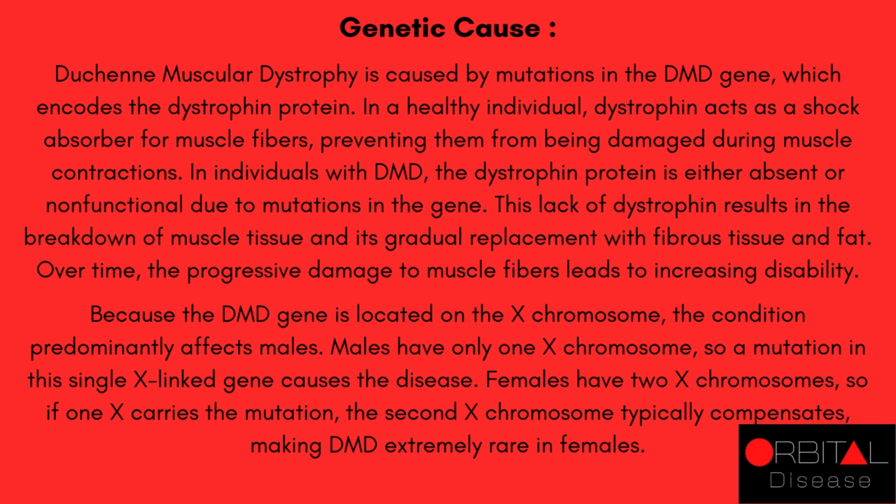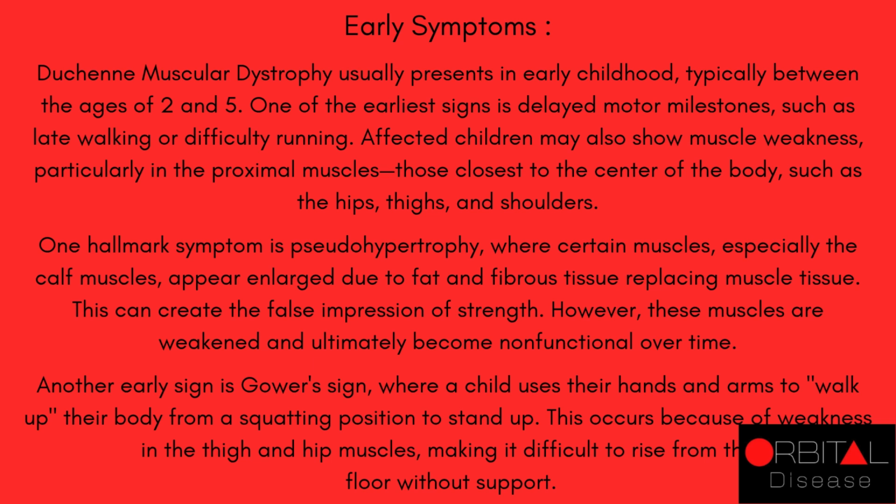Because the DMD gene is located on the X chromosome, the condition predominantly affects males. Males have only one X chromosome, so a mutation in this single X-linked gene causes the disease. Females have two X chromosomes, so if one X carries the mutation, the second X chromosome typically compensates, making DMD extremely rare in females. Early symptoms: Duchenne muscular dystrophy usually presents in early childhood, typically between the ages of 2